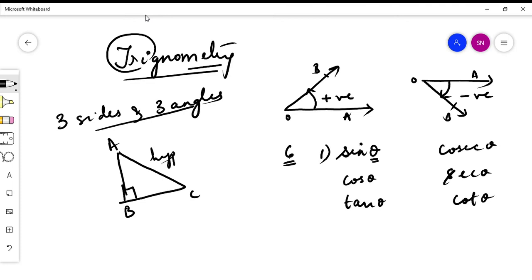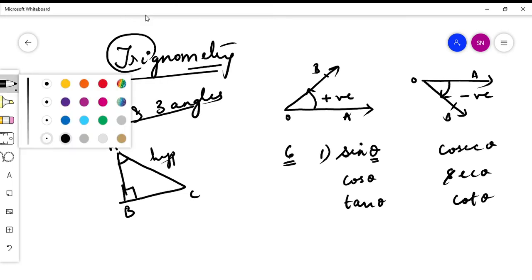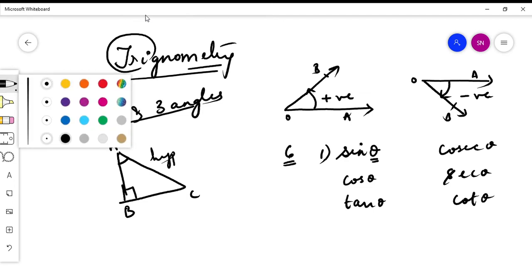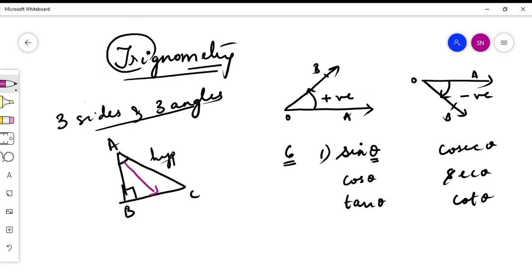Okay, so if I fix a reference angle to be angle A, towards my angle A, what is the opposite side that we can see? We can see BC to be the opposite side. So towards this particular angle A, BC is the opposite side and AB, which is the leftover side, I can either call this as adjacent side or I can call this as perpendicular.